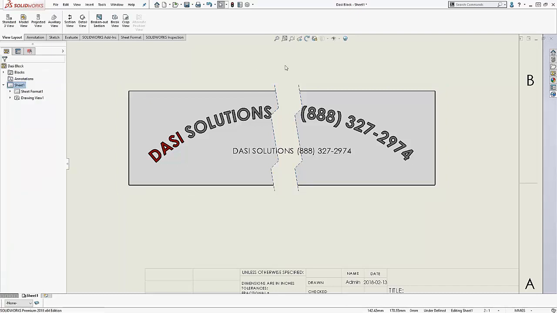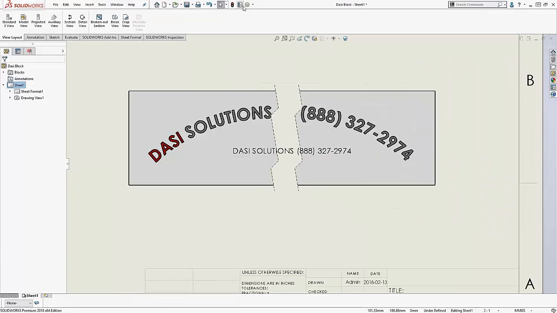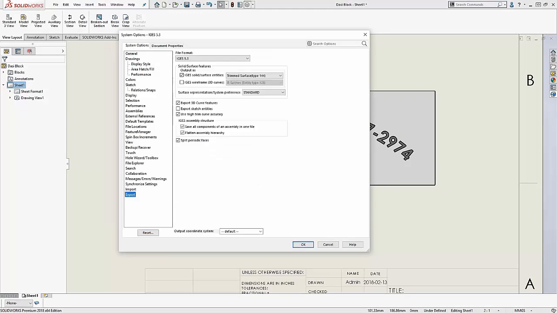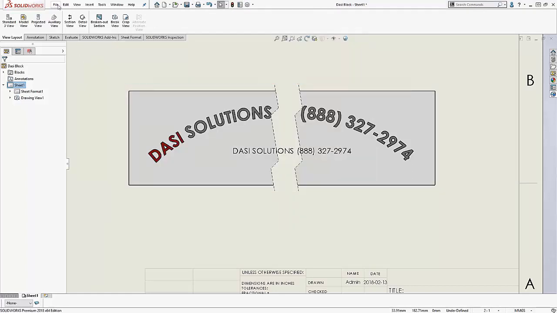One more feature function for SOLIDWORKS drawings is a new ability to export bookmarks for drawings when saving as PDF. So what does that mean? If we jump back over to our SOLIDWORKS, you'll see inside of the settings options under export, if we bring this down to the PDF functionality, there's a new checkbox all the way on the bottom for include bookmarks. What this allows us to do is if we save this model as a PDF,